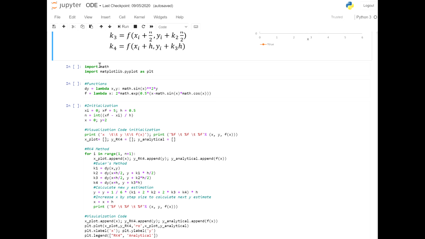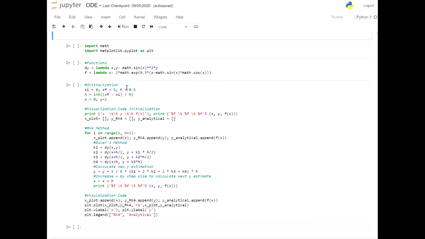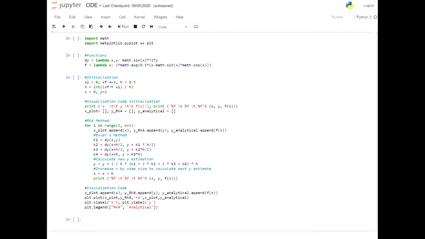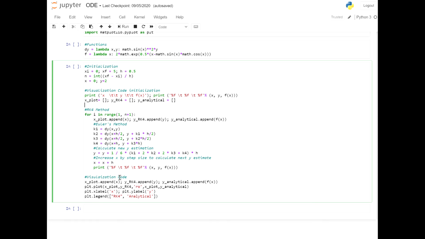So here we can see that the importing of the packages is still identical, functions is still identical to the previous code, initialization is still the same, visualization is still the same. So let's actually go to the main code. Here still we have the line that is going to capture the xy values for the visualization. So you can see that the main difference between the Runge-Kutta third and fourth is really the definition of the derivatives in the main